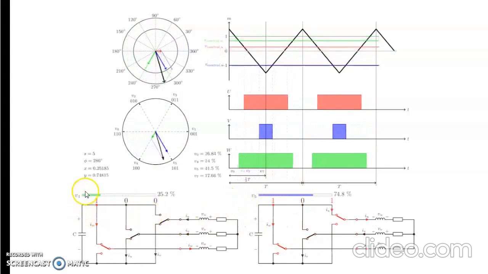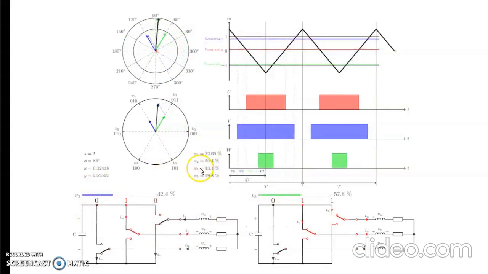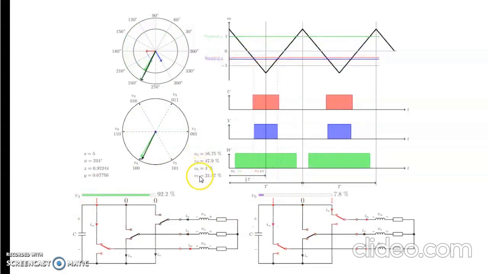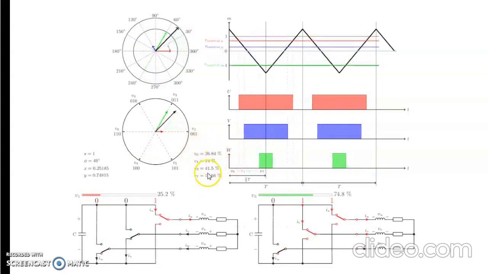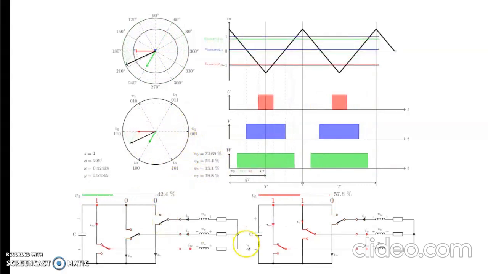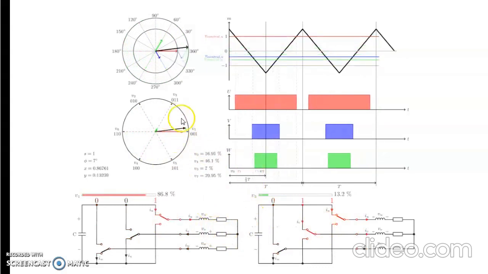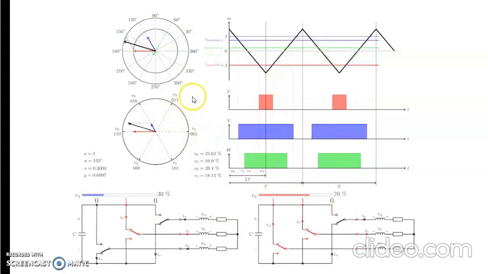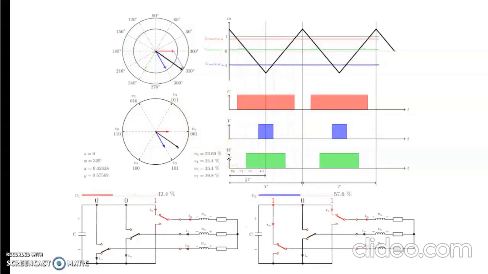And you can see that here also the various voltages are written, how much percentage, V0, V1. This will be varying, V0, V2, V6, V7, now it is V4. All the 7 states are given here, and depending upon this, the switching action is taking place. Depending upon this, the pulse widths are modulating. So all these things you can verify from here, and you need to understand